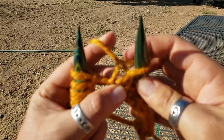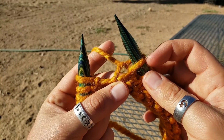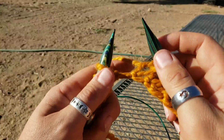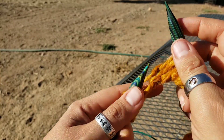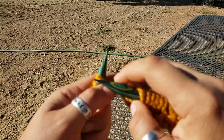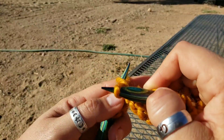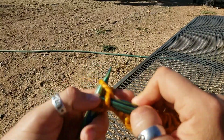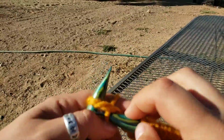Now as you knit, your working yarn should be to the left. The one that connects it to the previous stitch should be on the right. Okay? Through, around, through. Through, around, through. Under, over, through. Under, over, and through. Now, like I said, this is why I made that bottom row so stretchy, is because